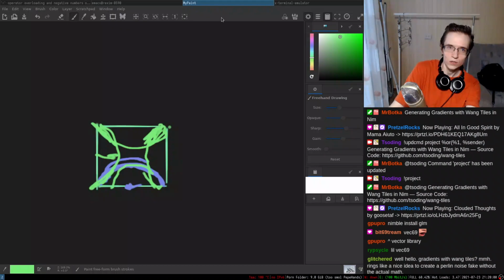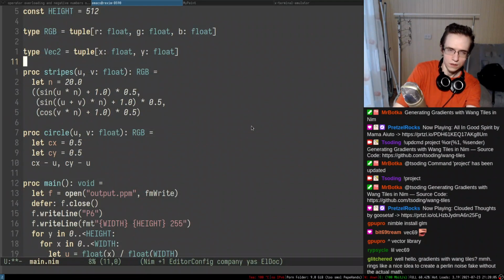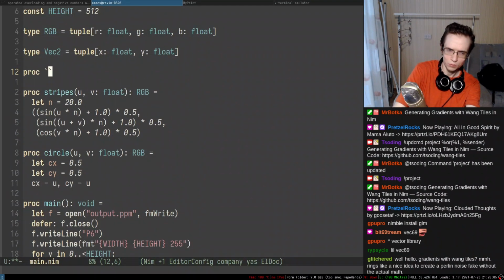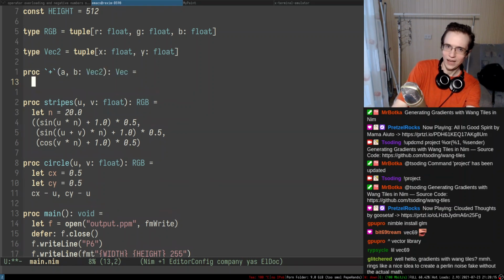You say something like proc, you put the backticks, and then you say plus, and then you accept two things in here, A and B, which are vec2, and then you return vec2, and that already overloads this entire thing, as far as I know. So I think you can just construct a x plus b x, a y plus b y, and there we go.